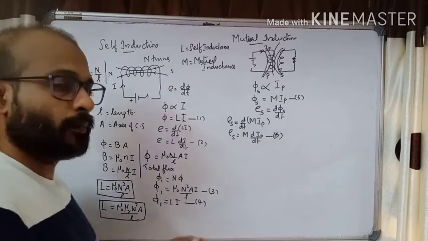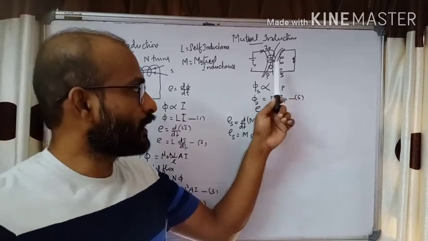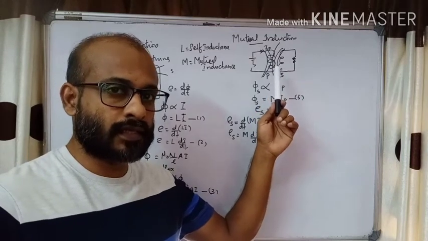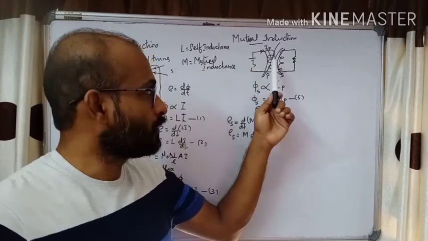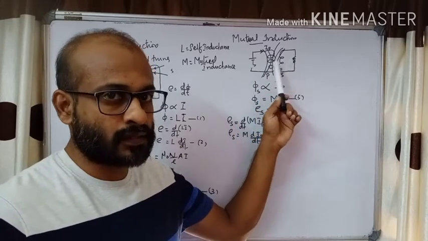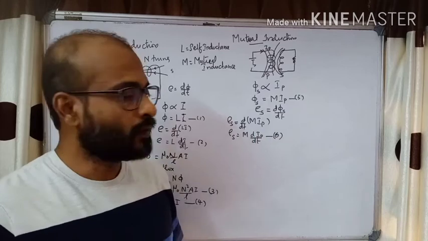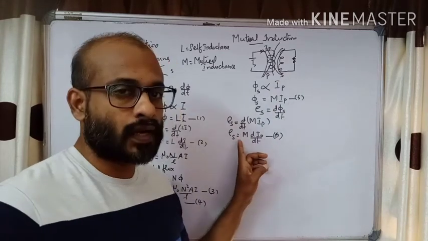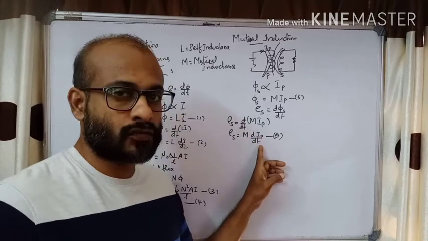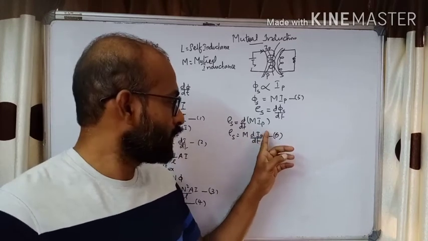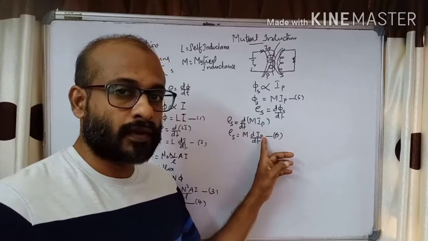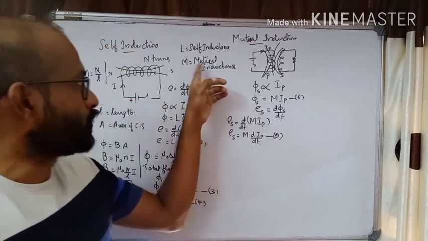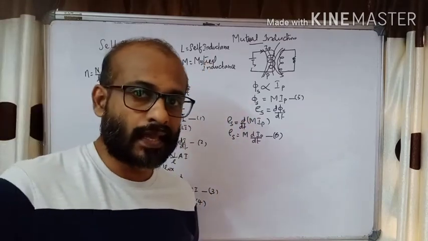A voltage will be induced in the secondary whenever there is a change in magnetic field in the primary. How does the magnetic field change? If you change the current in primary, the magnetic field as well as the magnetic flux linked to secondary can also change, and this change will induce a current in the secondary. The induced voltage is equal to M into dIP by dt. What is dIP by dt? It is the change in current in the primary with respect to time. M is called mutual inductance or coefficient of mutual induction.